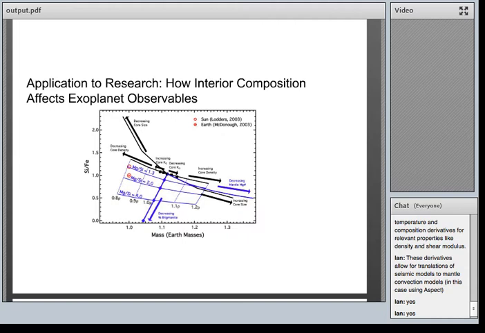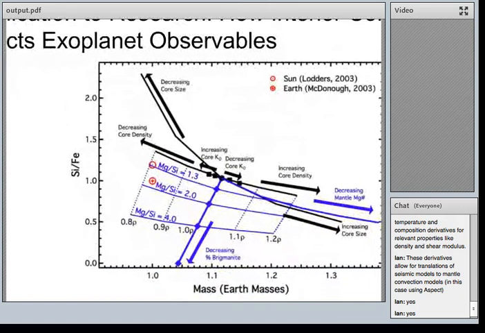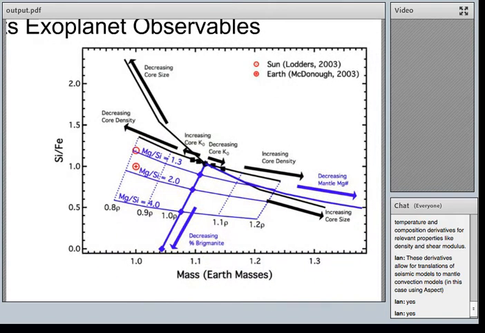So I'll zoom in on this plot so you can actually see everything. The changes in blue are changes in the mantle. So you can see how mass changes as you add iron to the mantle. Decreasing the mantle magnesium number will increase mass while not really changing Si over Fe that much. Whereas this downward pointing blue line is changing the magnesium silicon number of the mantle, as well as changes in the core,